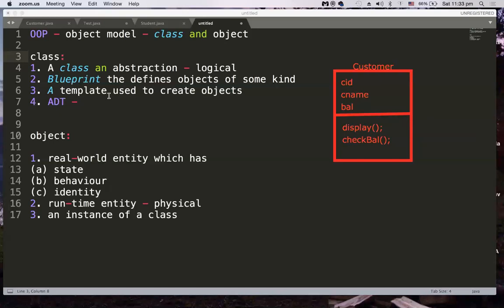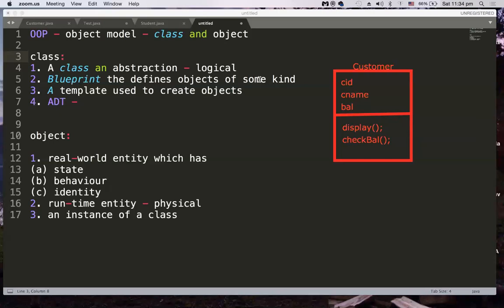Let's now understand class alone. Class is an abstraction which is logical, and a class is considered to be a blueprint that defines objects of a certain kind. As an example, if you construct some house or apartment, you will have a blueprint, a model created.